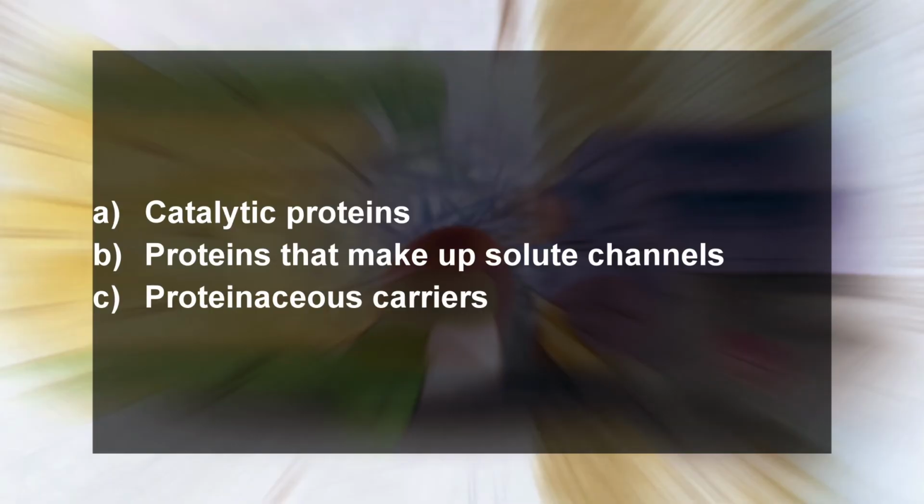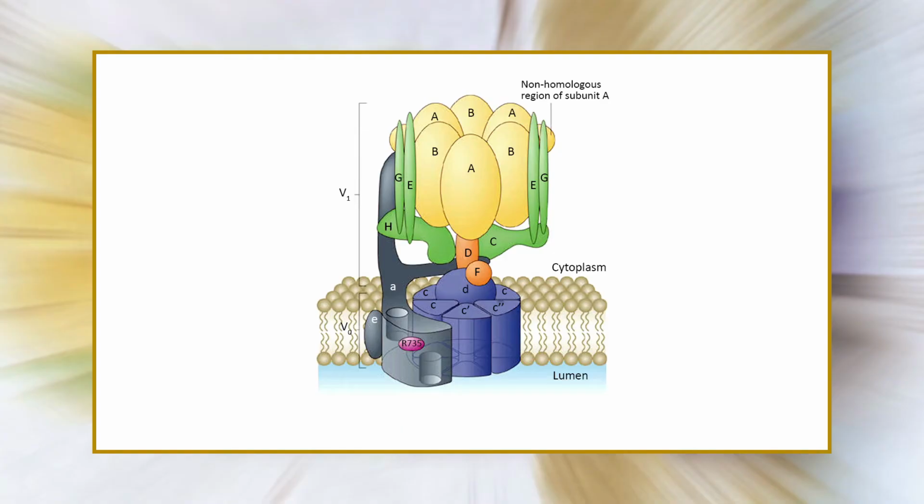It has now been accepted that active absorption of mineral salts involves the operation of proteins present in the plasma membrane of the cells. The proteins present in the membranes are of three known types. First, catalytic proteins; second, proteins that make up solute channels; and third, the proteinaceous carriers. Catalytic proteins, that are the enzymes, use energy to pump protons across membranes. The most abundant of these proteins are enzymes that catalyze hydrolysis of energy-rich ATP to ADP and H2PO4 negative. These ATP hydrolyzing enzymes are called ATPases.